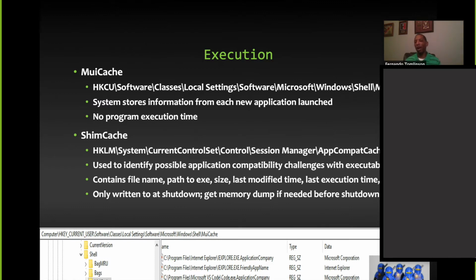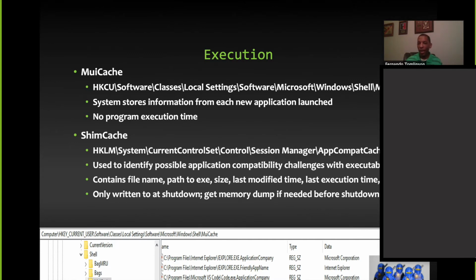Okay, so the next couple of slides are really us talking about specific registry areas, where they're located, and what they provide to us. So if I'm looking for evidence of execution, I can look at MUI cache. This is going to be stored based upon every new application that's launched, and we see the screenshot down below showing it. So I'm able to see each one of those things being launched. It doesn't, however, log the actual execution time. So I would then need to utilize one of the tools that we talked about that helps me with the last write time to make some correlation into when it actually executed.